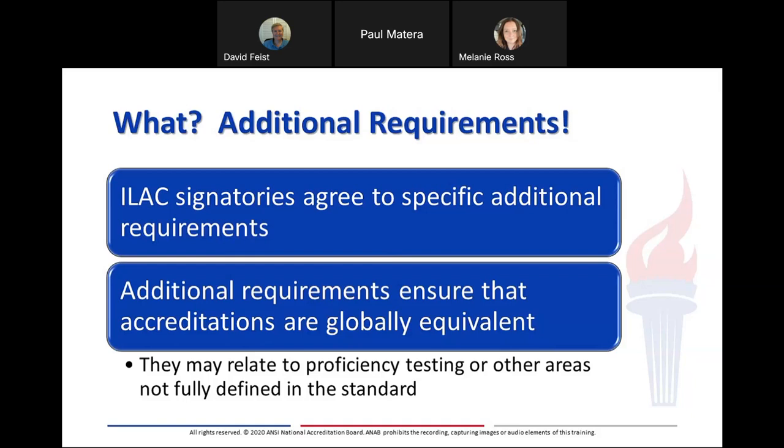If you compare the ISO 17020 in this case, and I keep going back to that because I'm most familiar with that standard, and the ILAC P15, they are complementary to each other. So the ILAC requirements offer clarity to the core requirements. This also means that the assessor or the internal auditor, if that's who's using the checklist, should be able to document on the checklist how exactly these additional items are accomplished. We'll dive into that a little bit more shortly.